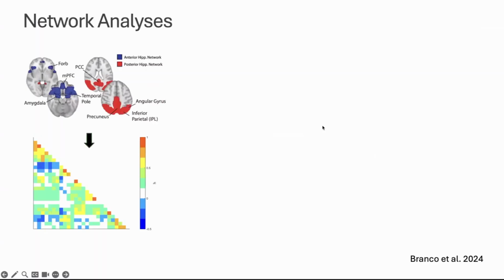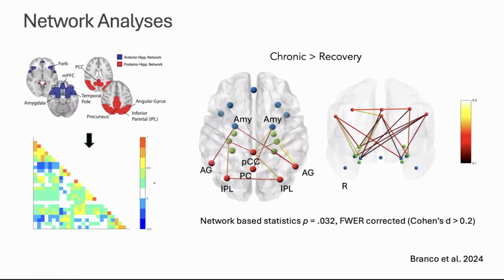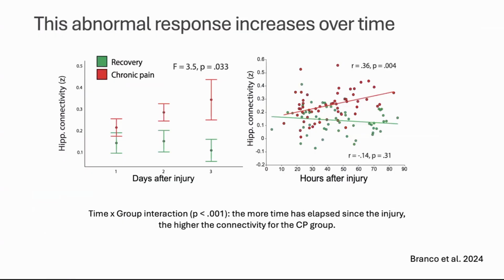Now, these groups were pretty similar when it comes to their depression, their anxiety, and other parameters that we tried to assess. And what we found was that indeed at this very early acute stage, so within 3 days of the injury, both the hippocampus, which is again this area that is important to form new memories, and its network, so the areas of the brain where these memories are actually consolidated, were incredibly upregulated in the patients that went on to develop chronic pain compared to the patients that recovered.